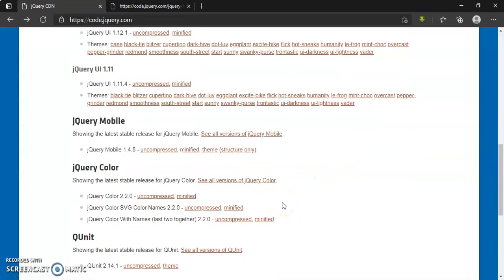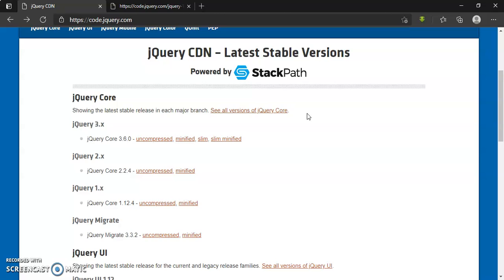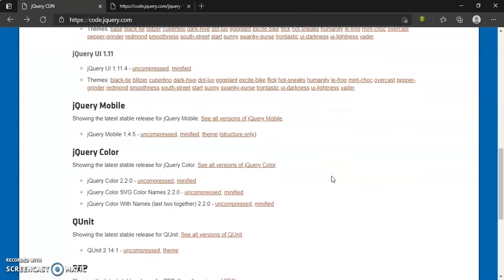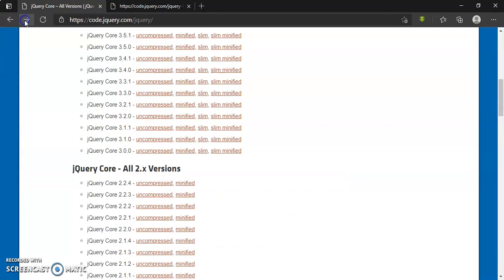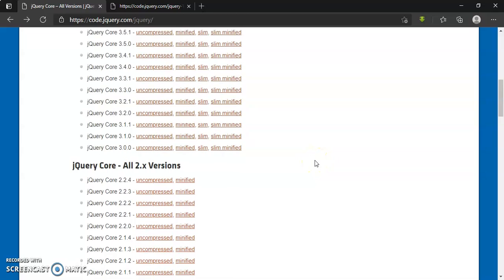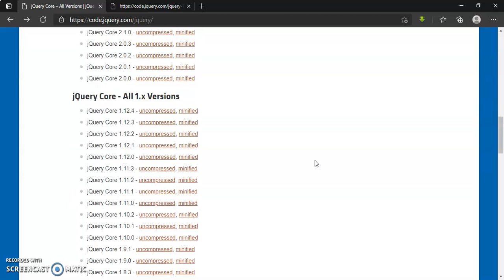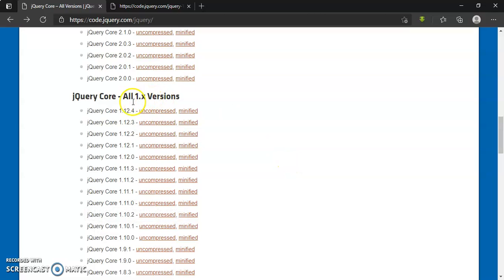Here you can see files for all instruments or devices: UI, mobile, color, effects, and so on. Here are all the versions of the jQuery files: 3.x, 2.x, and we need 1.10.2.